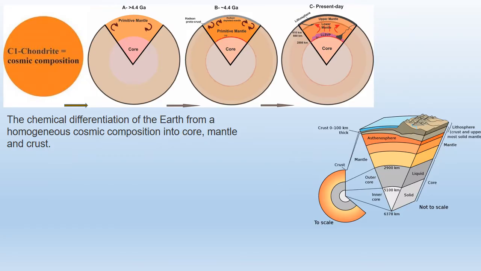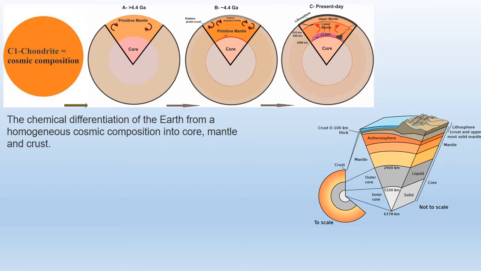Here are some figures describing the process simply. We first have the magma ocean, and around 4.4 Ga the core started to form, and we started to have a primitive mantle. After that we started to see some evidence of proto-continental crust, which we know from Jack Hills zircon, and this proto-crust may have formed from Hadean depleted mantle. And in figure C, we see the present day